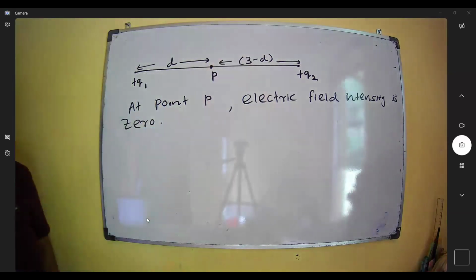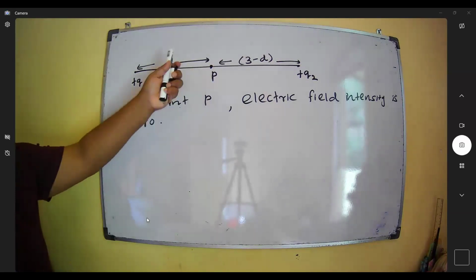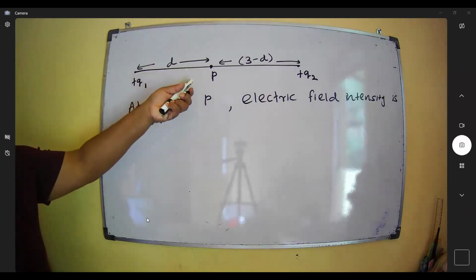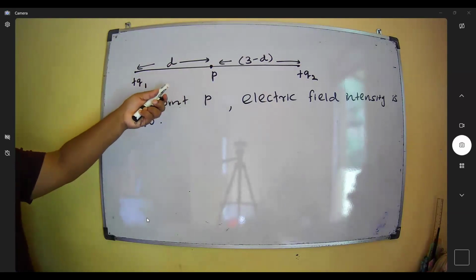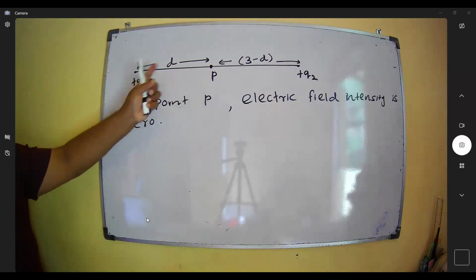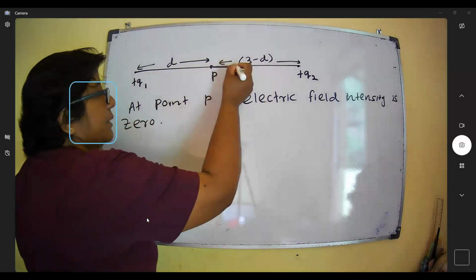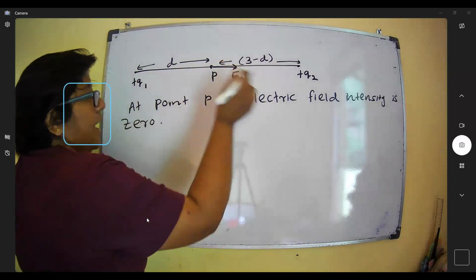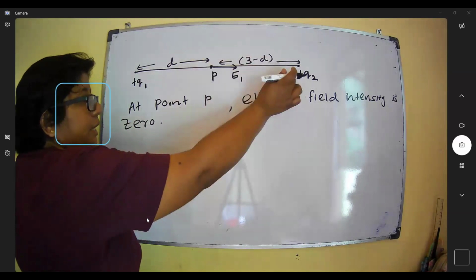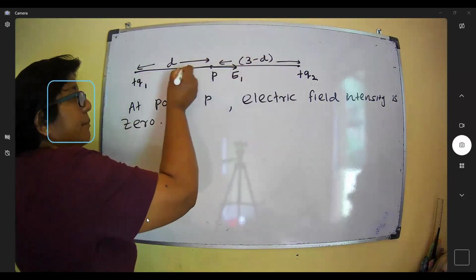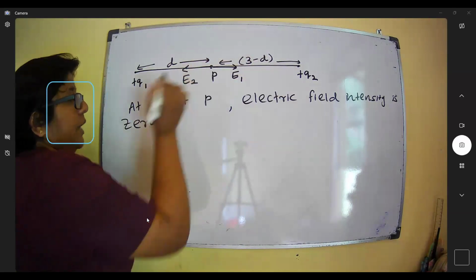3 minus D, right? If they are in force, then Q1, we can put the point charge here, positive charge here. Then, if this is the positive charge, the repulsion force is happening as E1. And also Q2, due to the Q2, force can happen as E2. If the electric